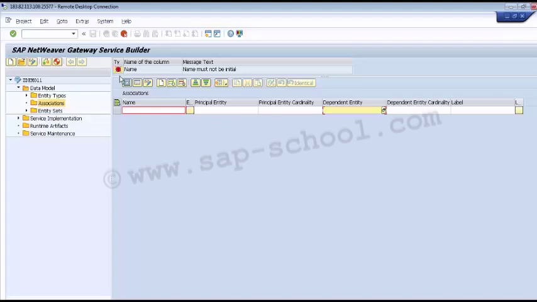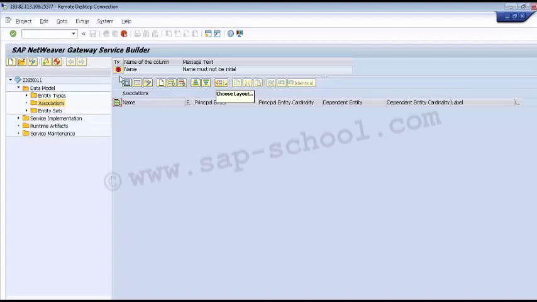We can also use the additional functions available in the mass edit view as described, like we can delete the row, sort ascending, sort descending, and we have this insert row. Say if I want to delete this row, I can use this delete row. Then we have sort in ascending and sort in descending to sort the data. Then we have the icons to change the layout. We can click on this to change the existing layout. Then we have the view, hide tree view. We can use this option to hide and unhide the tree view. So these are the options.